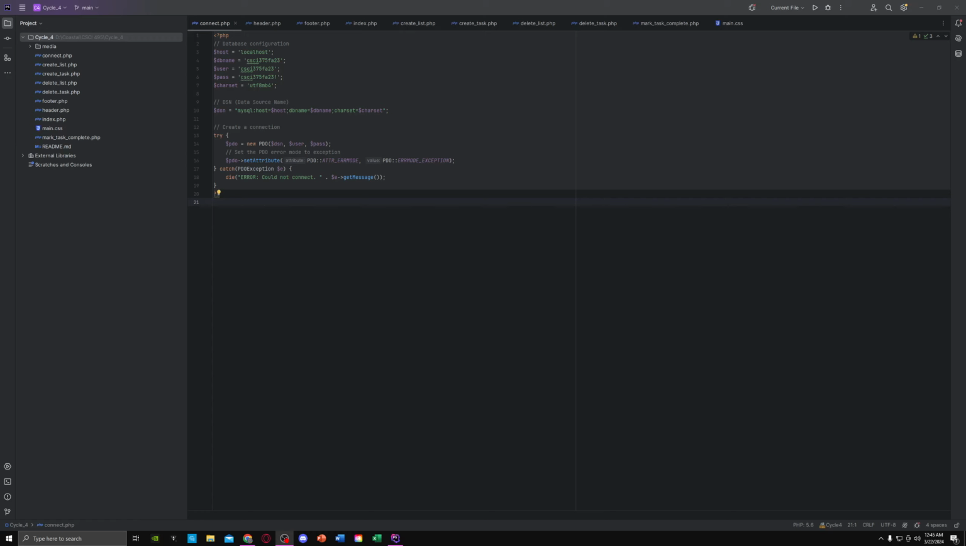Hello, today I'm going to walk you through my Cycle 4 project where I created a to-do list manager where the user can go in and generate a list that they want and then use checkboxes to mark off when they've completed the tasks. So we're going to start off here in PHP Storm and I'm going to walk you